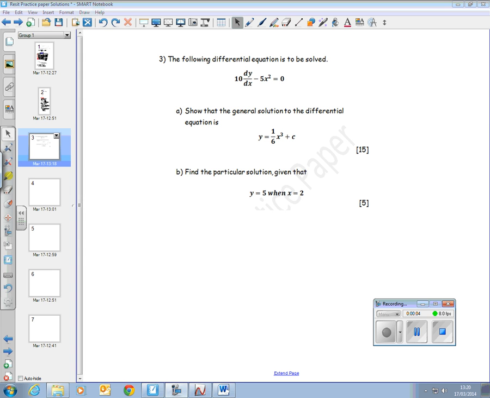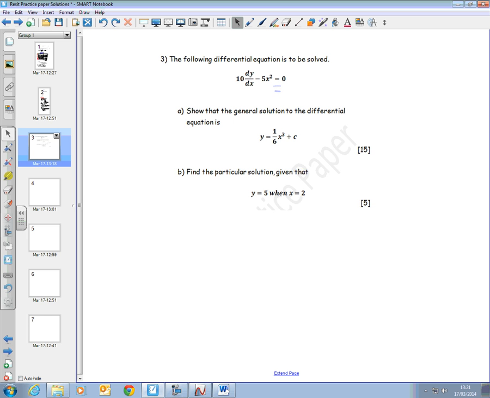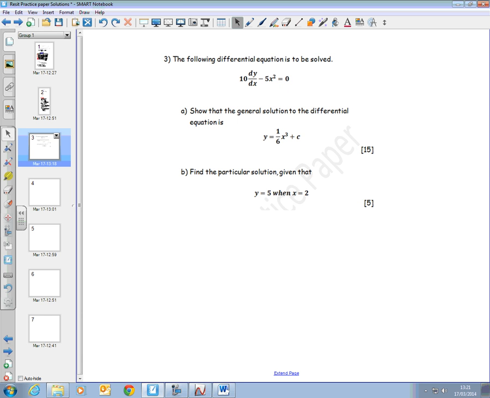Resit Factors taper, question number 3. This one's solving a differential equation. I notice it's a differential equation because it's got a differential in it and it's got some sort of equals in there. In this particular type, it's quite straightforward. All I have to do is get dy dx on its own, and then I can solve it by integrating